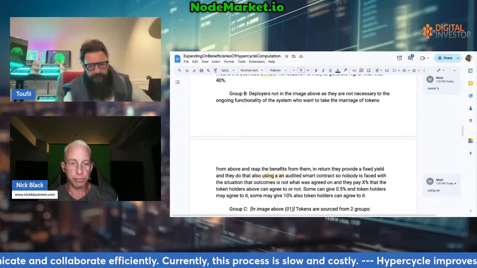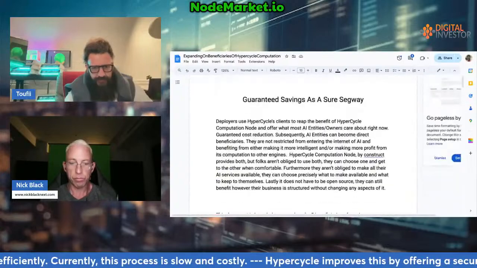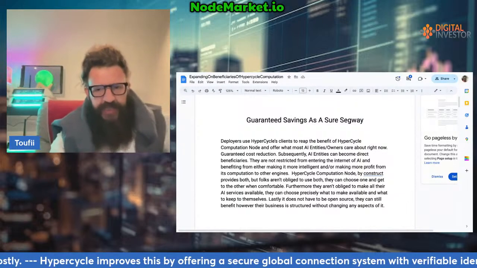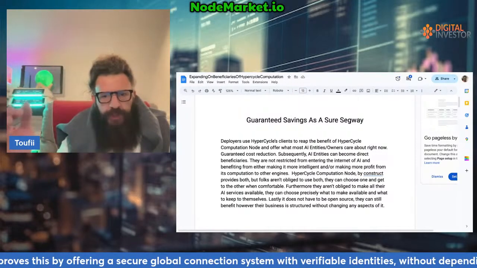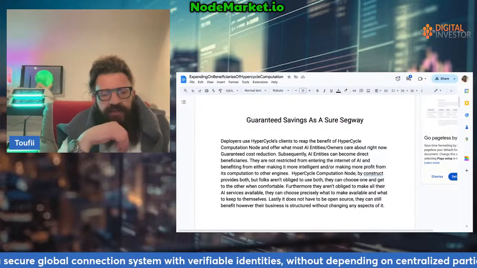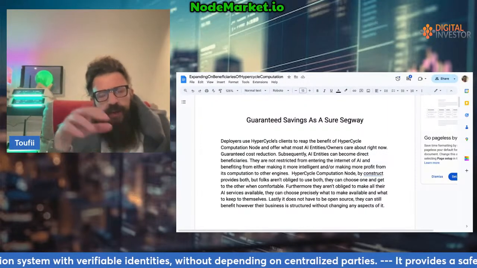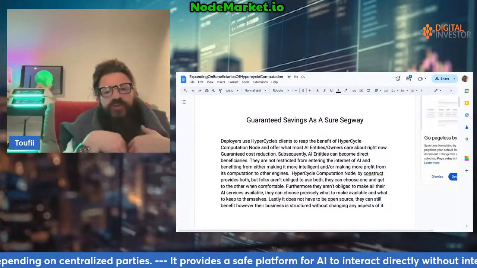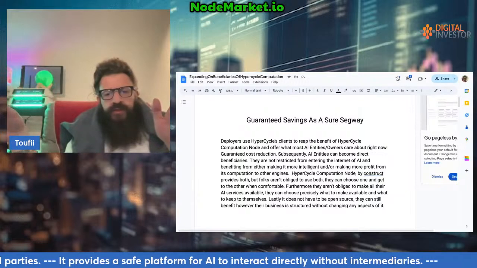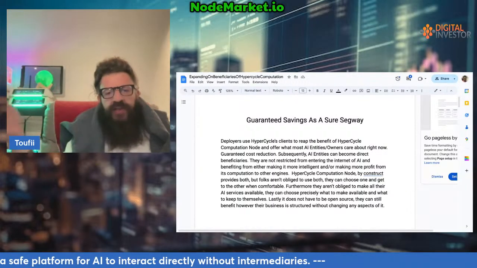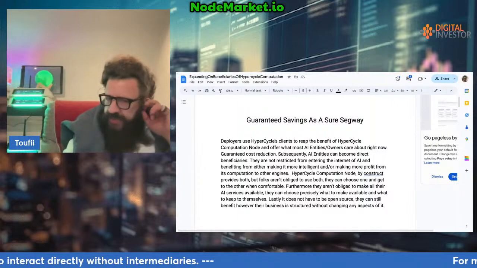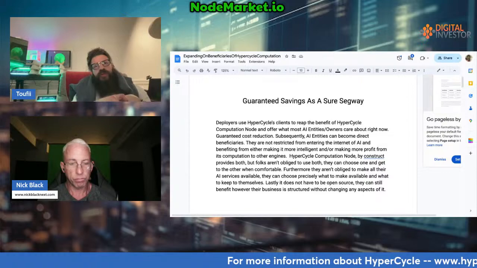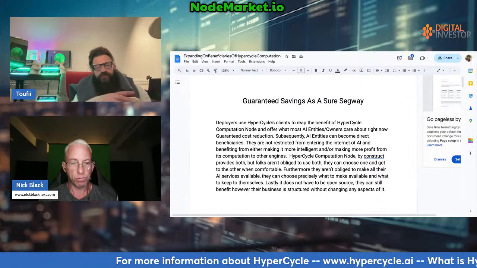And here's the cool thing, Nick. Their clients, I stated it here, aren't obliged to basically stick with that for life. They can decide to. So if you're running OCR and you notice somebody's going to start reaping the benefits from your OCR, does that mean they restrict you from doing what they're doing? The answer is no. If you find out that it works very well for them, you can start doing it too. And if you start doing it too, you just buy a Hypercycle computation node, you buy the tokens, or you borrow them, or whatever you do. Exactly what the deployer is doing.